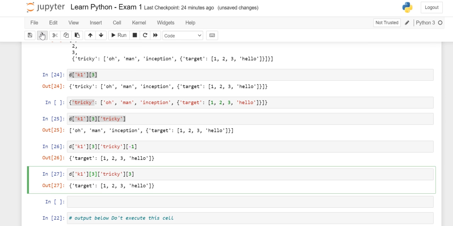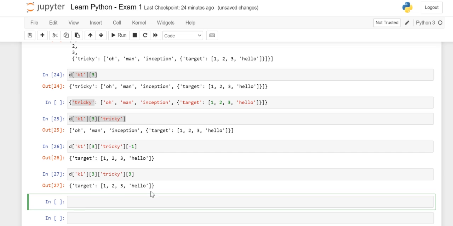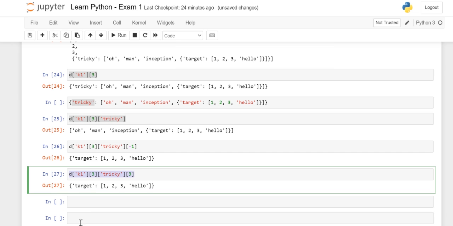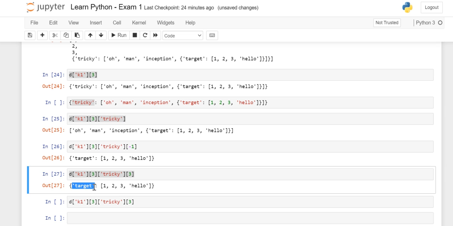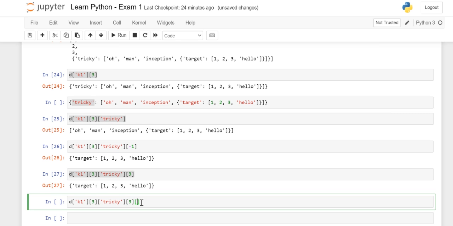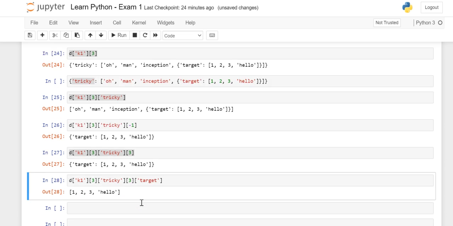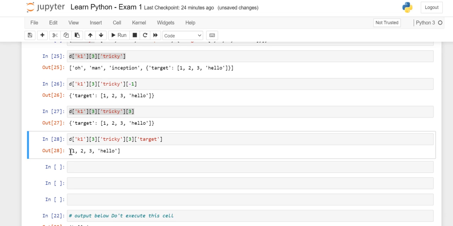Alright. Now, what is the output, is it a dictionary or list? It's a dictionary. Yes. So again, it's a key value pair. So the key is target, and it looks pretty clear that there's just one key value pair. Target is a key and the value is a whole list. Fine. So how am I going to access it? Again, I will go and access my key target. Now you can see that the output is in the form of a list. All right, let's move further.